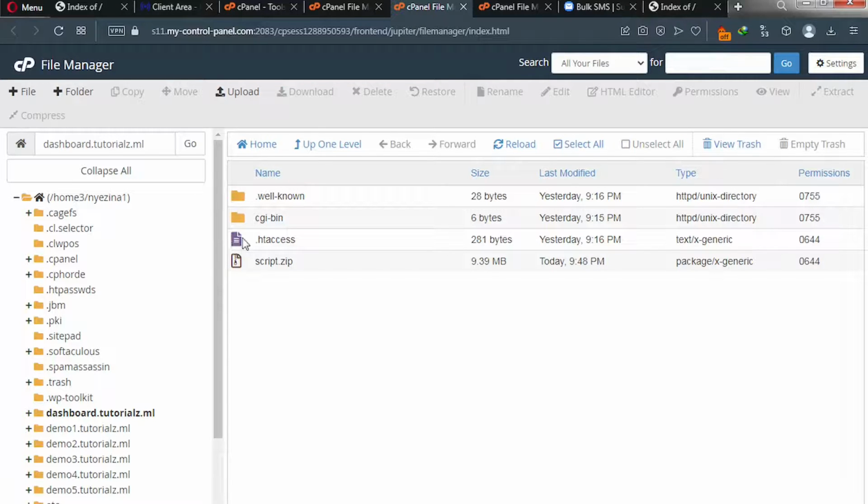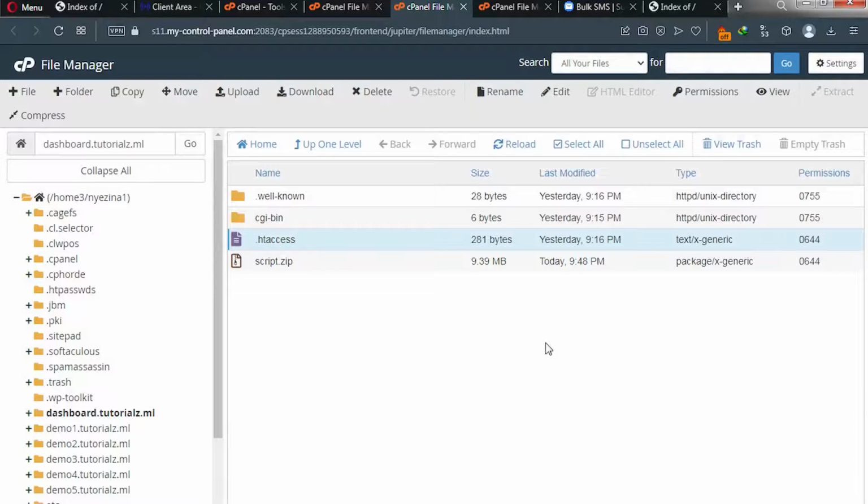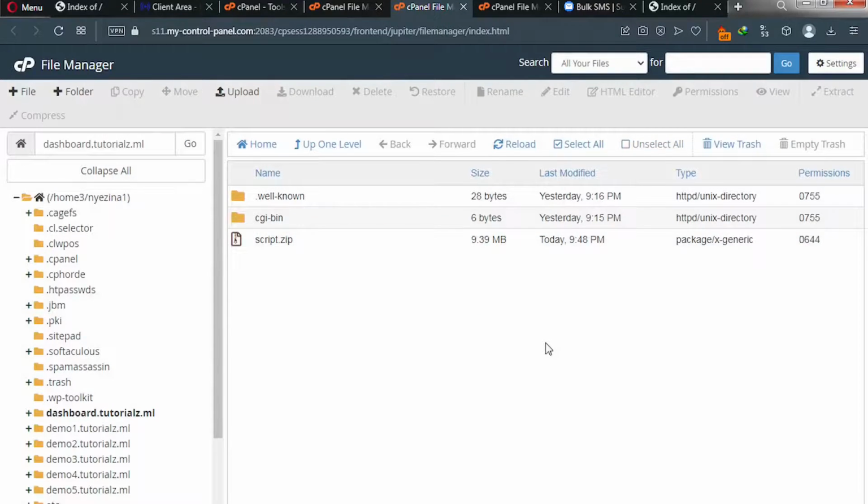Please go ahead and delete htaccess. Delete this file. Okay, delete it. So I'll go to delete, and then here, and click on confirm. Now we are deleting that file because the script comes with its own htaccess file, so we don't want them to be duplicates. Okay, all right,